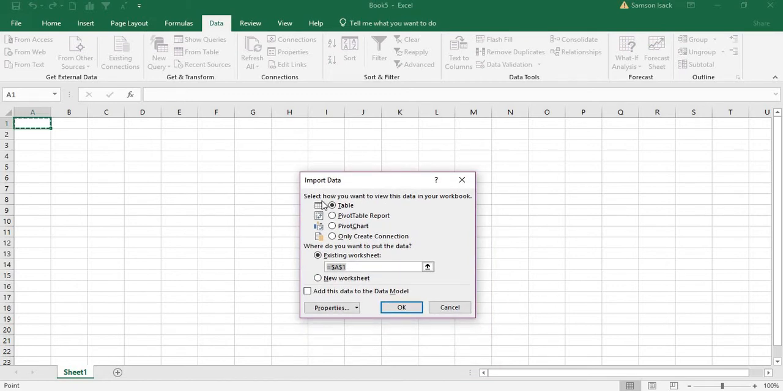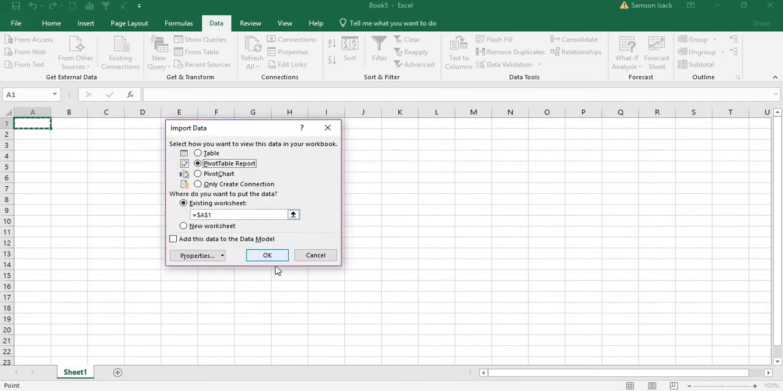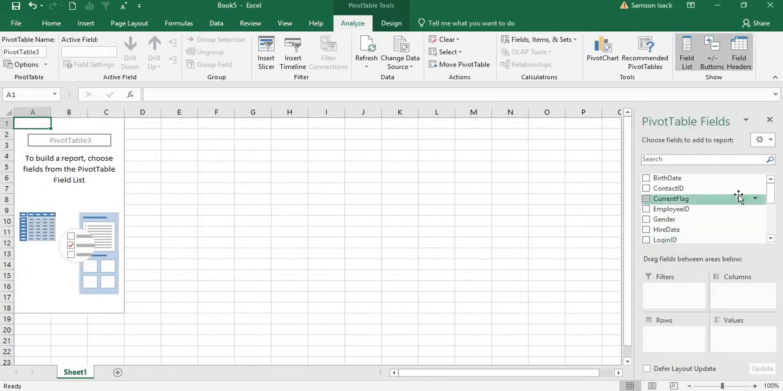How do you want the data to be shown in your workbook? So after importing, you can bring it as a table. For me, I want the pivot table report. Okay, so how do you bring the pivot table reports? I will show to you in a few seconds once we press the OK. Okay, then you import the data, press OK. You see the pivot table report